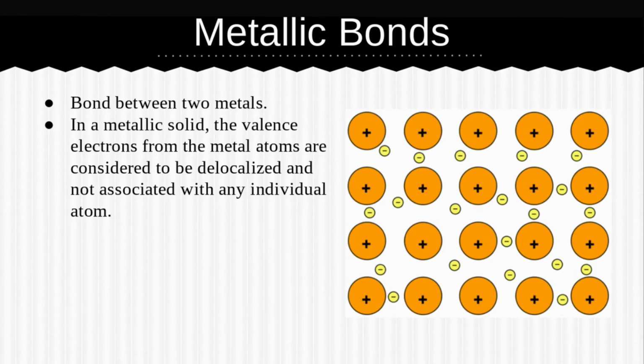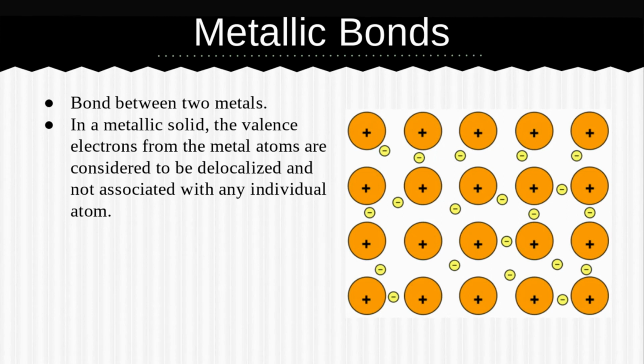The last type of bond is metallic. A metallic bond is a bond between two metals, obviously based on the name. But the way that these bonds work is kind of weird. So normally we're used to electrons being gained, lost, or shared between these atoms. But in the metallic bond,